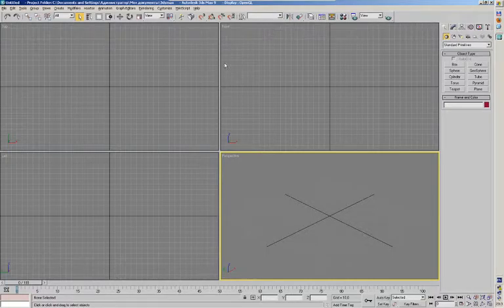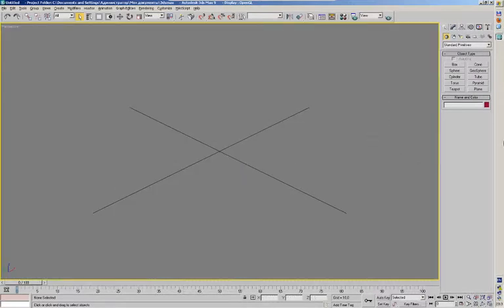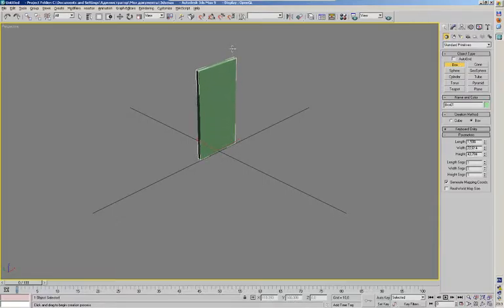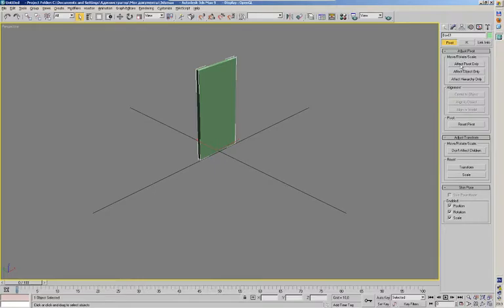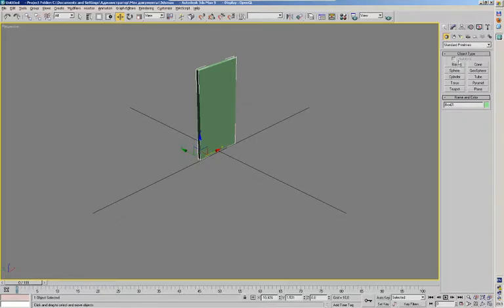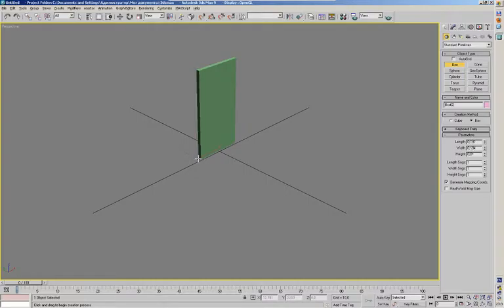So let's open Max. I use version number 9. Here's the perspective view. Let's create a box. We will use it as a door, and then we will open and close the door, so we will create a simple animation. We will affect the pivot point, bring it to the left. So after that we will use some boxes to make borders of the door,